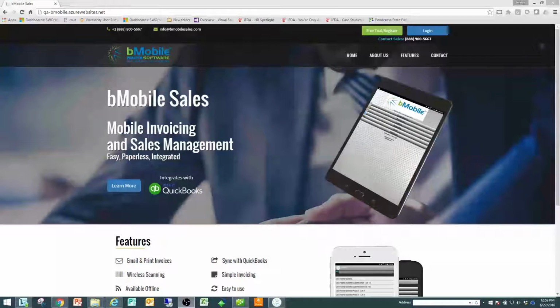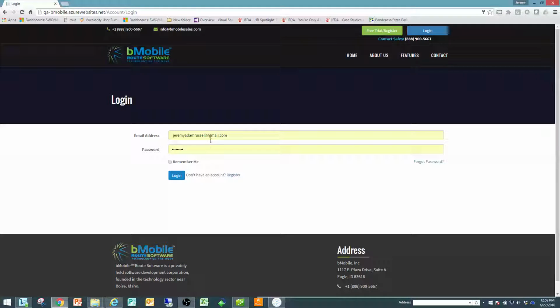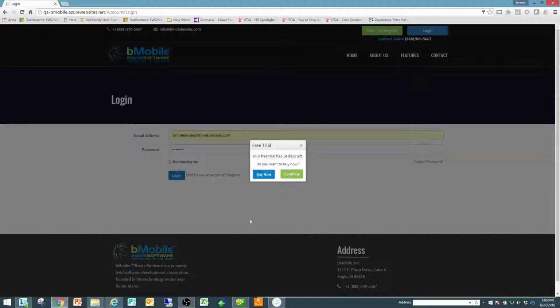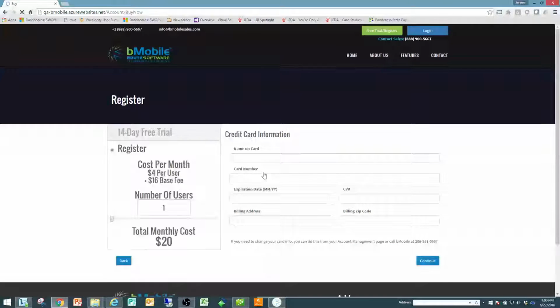We're going to go ahead and come to bMobileSales.com and go to the login button at the top right, and at that point we're going to log in to the system with your username and password, and it's going to give you the dialog box that your free trial has so many days left. At this point I'm through my trial. I know that I wanted to use the system, so I'm going to go ahead and say buy now, and